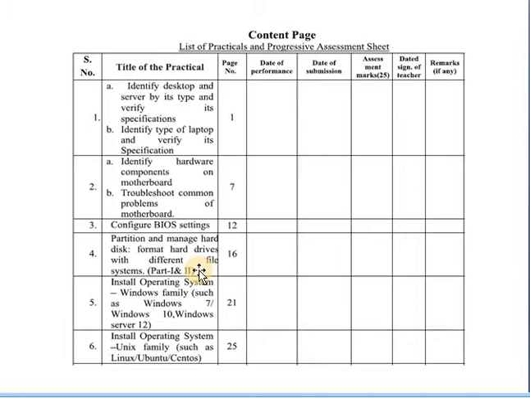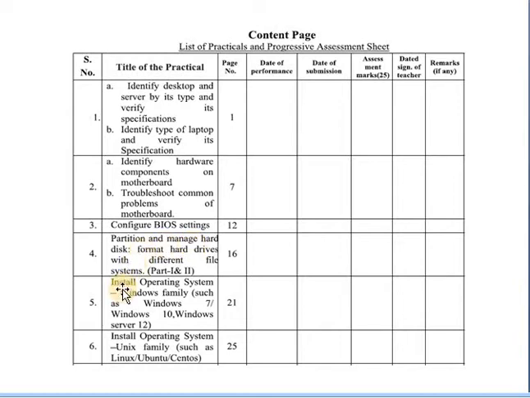Formatting most often refers to the process of generating a new file system, and formatting creates the file system format within a disk partition or logical volume. This may occur during operating system installation or when adding a new disk. The term format is understood to mean an operation in which a new disk medium is fully prepared to store files. Partitioning divides a disk into one or more regions, and partitioning can be done using the operating system media or software tools. So in this experiment we partition and manage the hard disk drive.